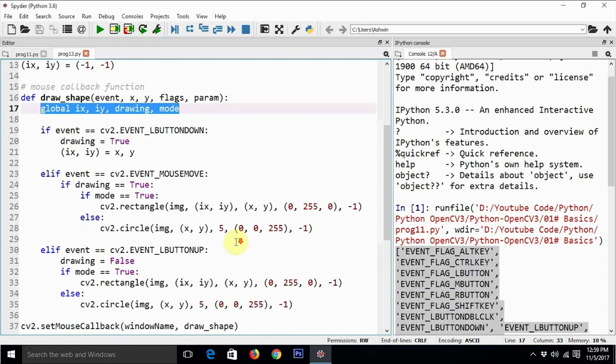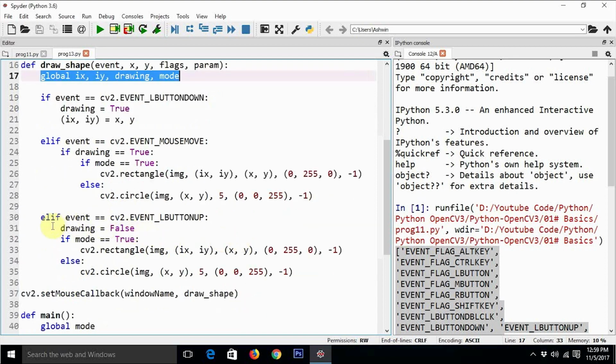And if the mode is false, I mean if the mode key is not pressed, or if it is reset, then we are going to draw a circle. So if event equal to cv2.EVENT_LBUTTONUP, I mean when we release the left button of the mouse, then drawing is false. And if the mode is true, then we are going to draw the rectangle, and if the mode is not there, we are going to draw a circle.